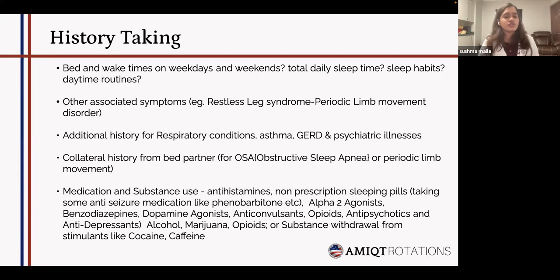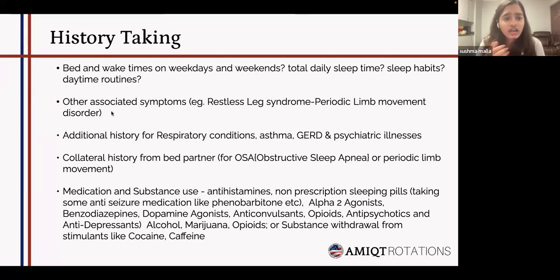For example, do they snore in their sleep? Do they move a lot when they sleep? Do they have cataplexy when they sleep? So all of these are very important. For example, periodic limb movement disorder, the people who are their bed partners would know more if they have periodic limb movements, and because of that as well, the sleep could be disturbed, and they must be having excessive daytime sleepiness.